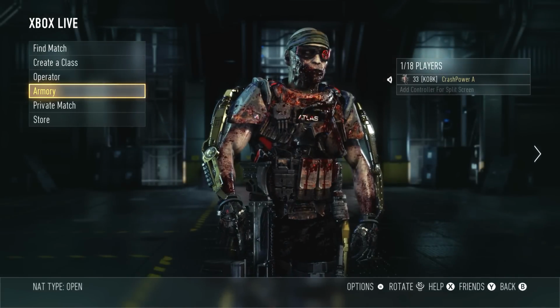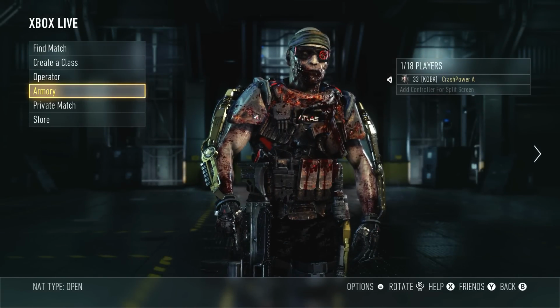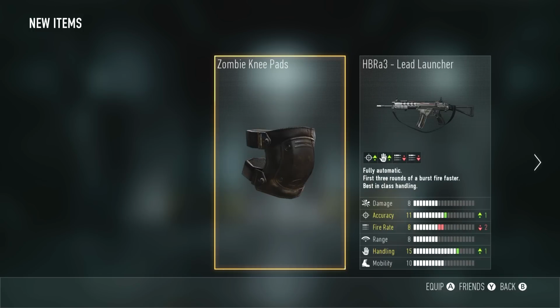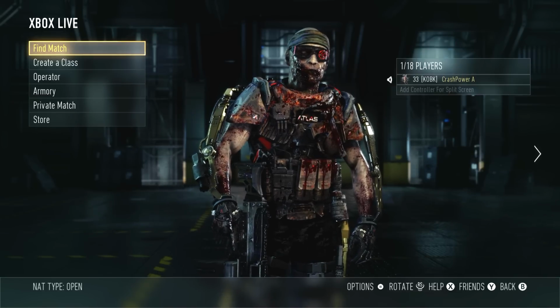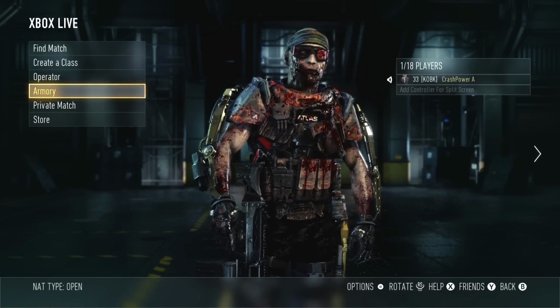Now, some things you cannot get out of the supply drop. Like my character, for example. He's the zombie character. I have a tutorial on how to unlock it if you're interested. But the gear and stuff he wears, you get by doing survival mode and things like maxing out weapon proficiency. I'll go to the Armory by selecting Armory and